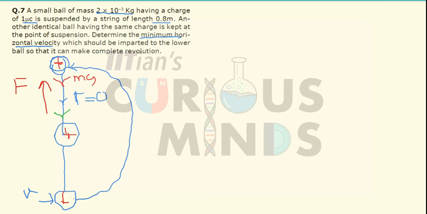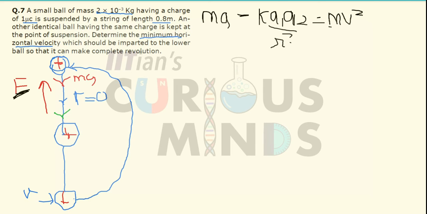So basically over here mg will be greater. So mg minus the electrostatic force, which is equal to kq1q2 divided by r square, or I can take it as L square, where L or R is the radius of the circle, will be equal to mv square divided by r. Let this be the first equation. So here the total downward force is mg, the upward force is equal to the electrostatic force. When I subtract that, I should get the required centripetal force. Okay, that is the first equation.